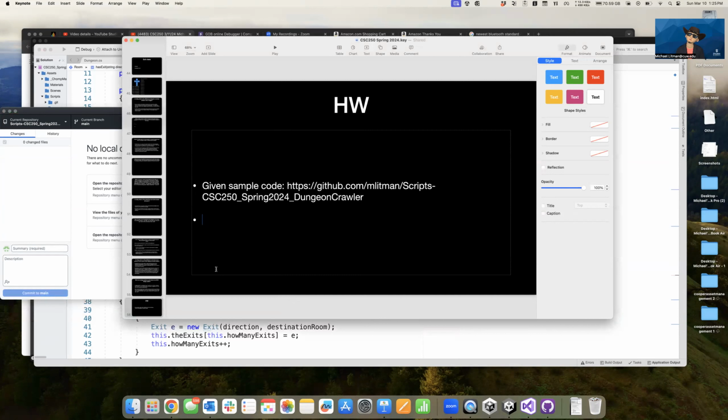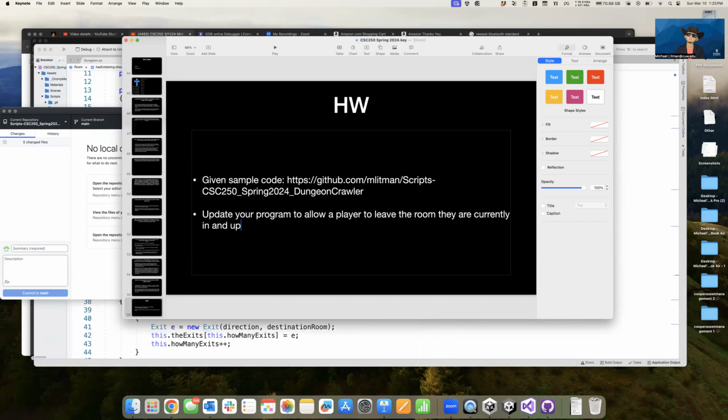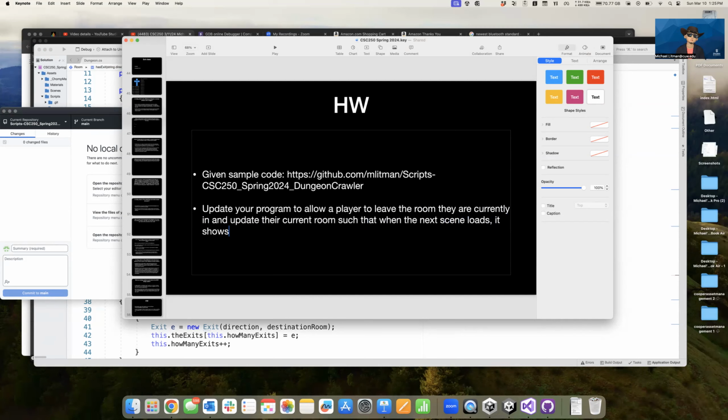So given this sample code, update your program to allow a player to leave the room they are currently in and update their current room such that when the next dungeon, well, let's say, just say the next scene loads, it shows the